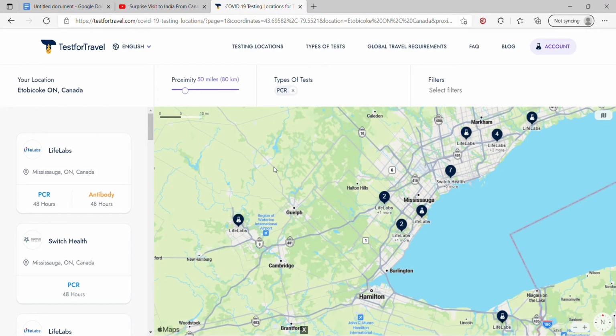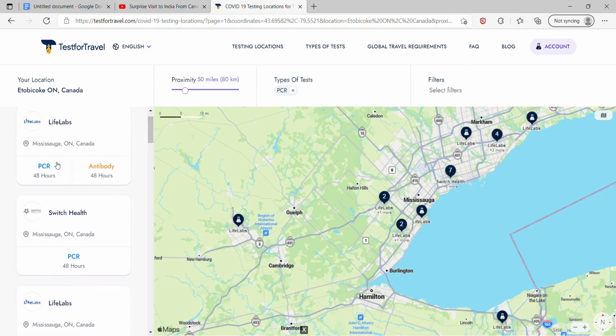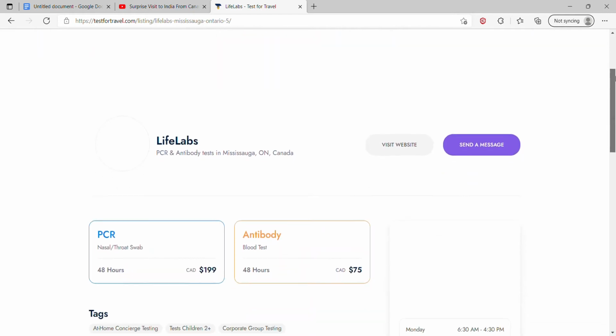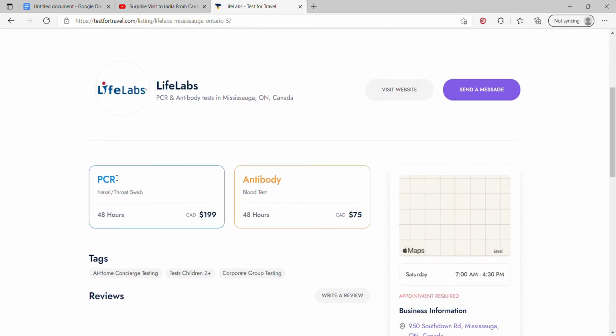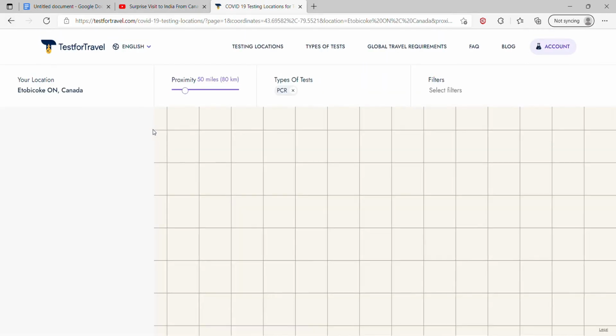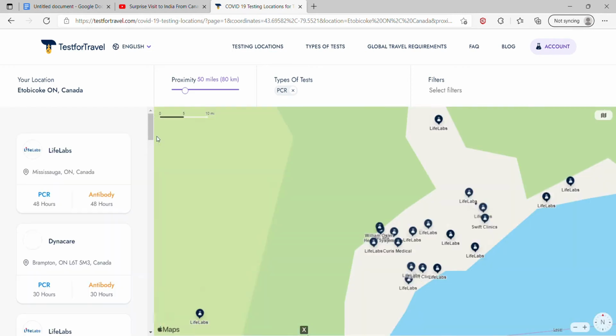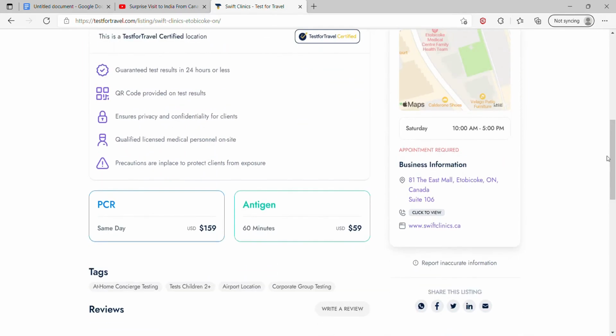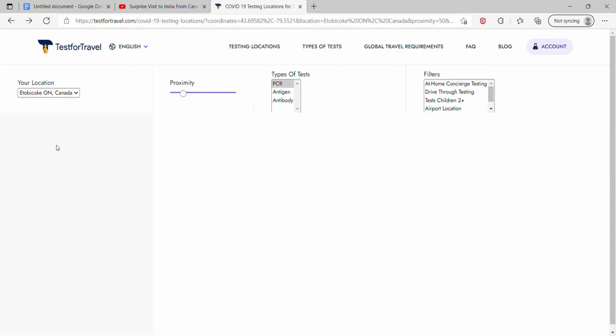Here I'm searching for my nearby COVID test centers, and for all the PCR tests we are getting results within 48 hours, and they are charging $199 for the RT-PCR test, and they do this test by nasal and throat swab. I'm checking the other test centers. See, they are also charging the same price, and 48 hours only they are giving a test result. For this COVID test we have to book online, and they will ask our travel date. Based on the travel date they book our appointment, because we have to do our test within 72 hours